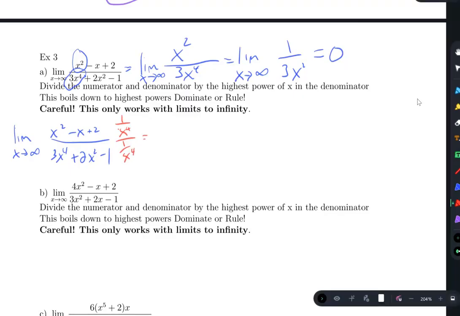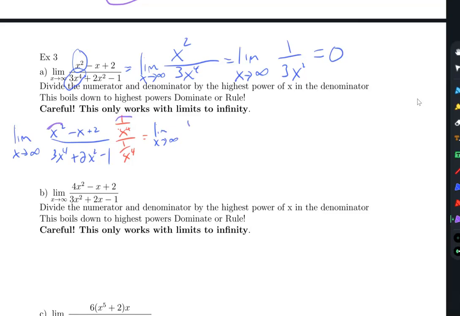So then I go through and I do that. Limit as x goes to infinity. I would take this x squared times the 1 over x to the 4th, so that would give me 1 over x squared. And then 1 over x to the 4th times this, that would give me minus 1 over x cubed. And then plus 2 over x to the 4th all over